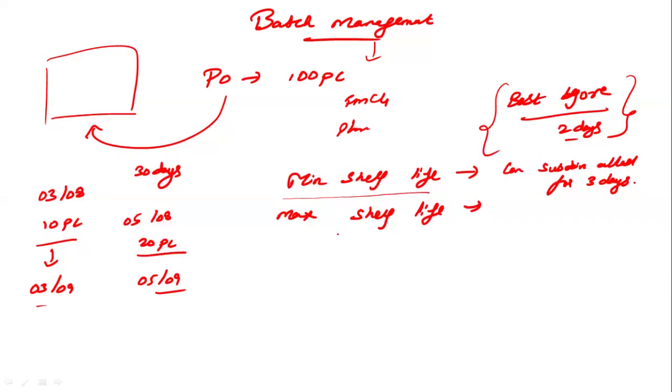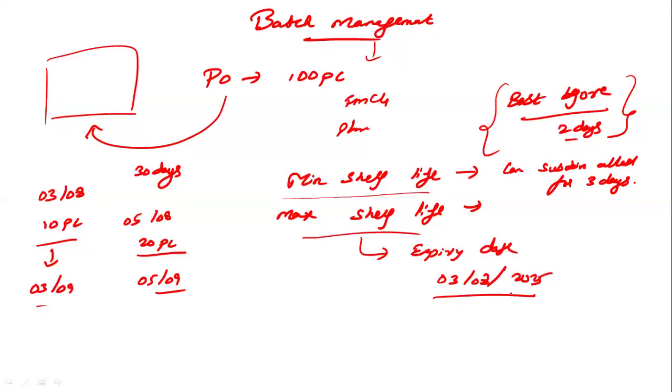Then the maximum shelf life is where they directly mention the expiry date. Expiry date 03/08/2025. If they mention the date and say the expiry date is this, then after that date you are not supposed to use that material. That is the difference between best before and the expiry date. If you see best before, you can still use it after the best before days, but you need to check on your own. It can still sustain. They will be giving the days at least 1 or 2 days before. If they directly mention that it is an expiry date, then you should not use that material after the expiry date. So that is the difference between minimum shelf life and the maximum shelf life.